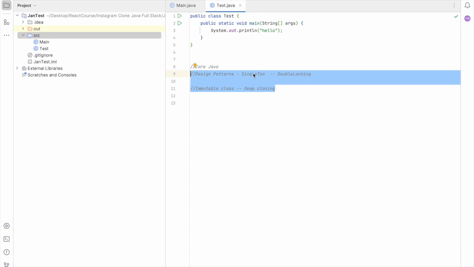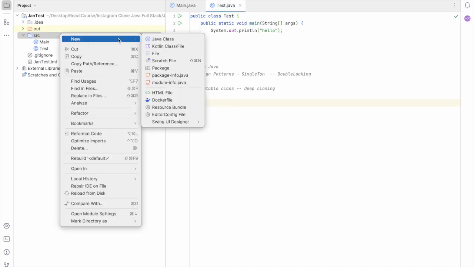About design patterns, they will ask you to write a singleton class, and once you write it, they will ask you to ensure the double locking, then the immutable class, and inside that you should know about deep cloning. So in this video we will cover these two questions, where I will tell you how to write a singleton class with double locking and how to write an immutable class with deep cloning. Alright, so let's start. Here I will create a class